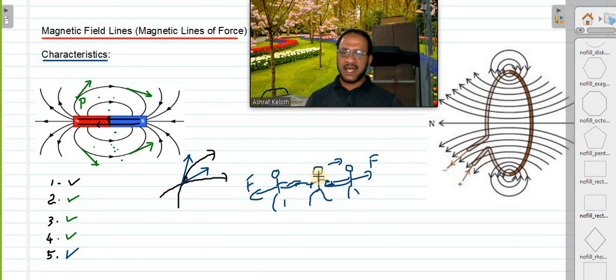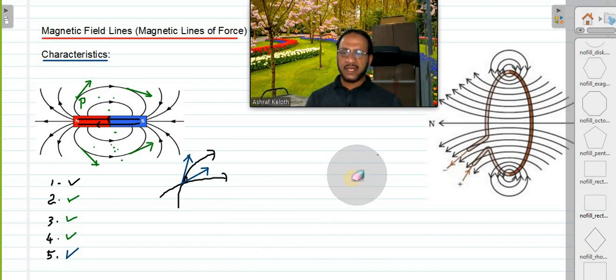So always if 2 or more vectors are acting at one point, the resultant direction will be towards the stronger vector, which is the stronger force. In that direction will be the resultant one. Simultaneously, this boy cannot move towards right and left. Only one direction is possible at a time. Okay? This is true for all vectors, not only for force vector. For all vectors, at a point, it can have only one resultant direction. 2 directions is practically impossible.